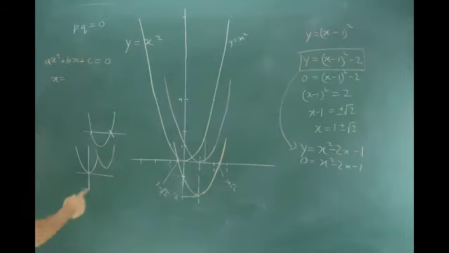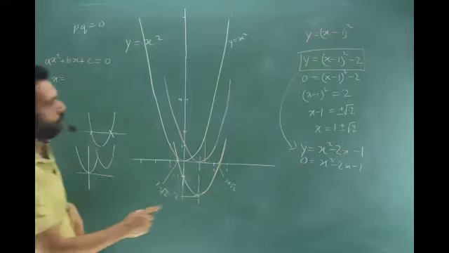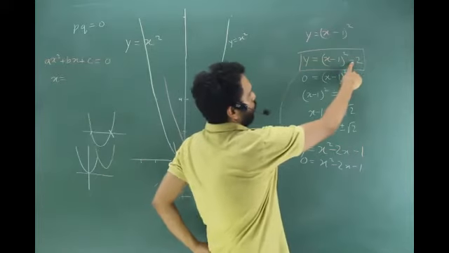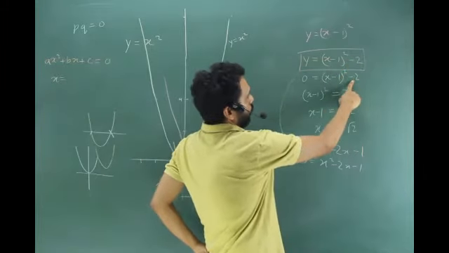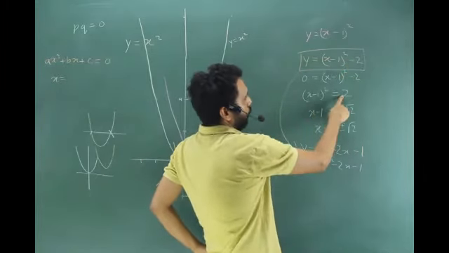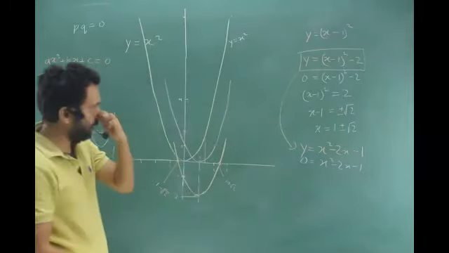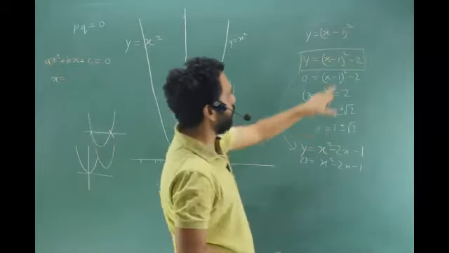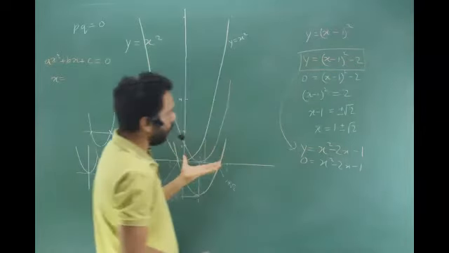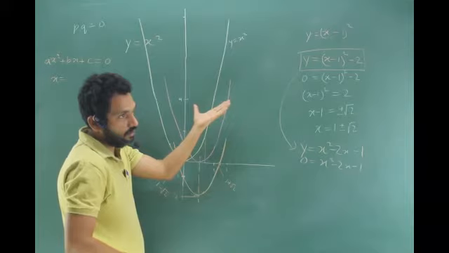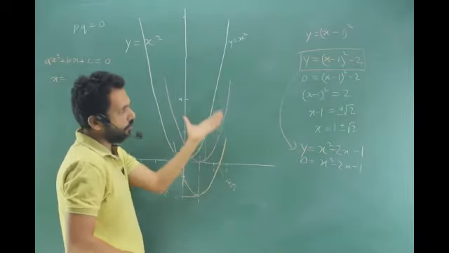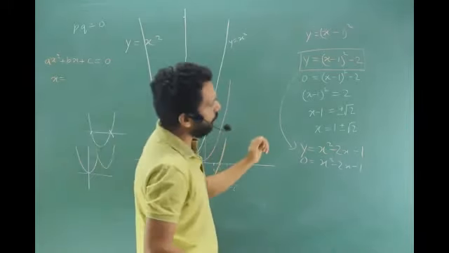If it goes up, left up or right up, what will happen? Sir, it will give 0 values. It will give you no values, right? When does that happen? When this was a plus 2, it goes on the other side, becomes a minus 2. Under root of a minus 2 is impossible, right? Yes, sir. Logically we can see that if it was a plus 2, the graph would have gone up, right? Yes, sir.